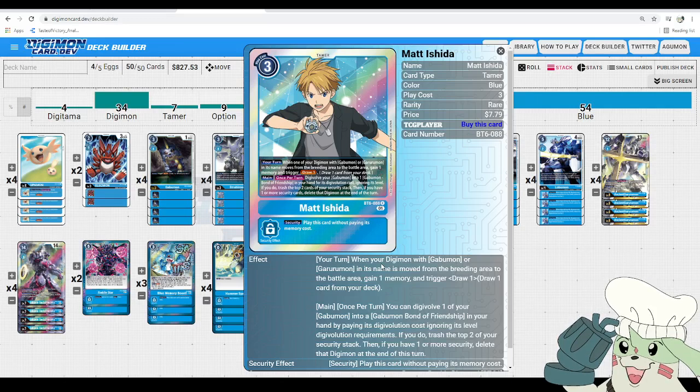Then, main, once per turn, Digivolve your Gabumon into 1 Gabumon Bond of Friendship from your hand for its Digivolution cost, ignoring its level. If you do, trash the top 2 cards of your security stack. Then, if you have 1 or more security cards, delete the Digimon at the end of the turn. So you definitely have to time that properly, but being able to warp at the cost of 2 security is